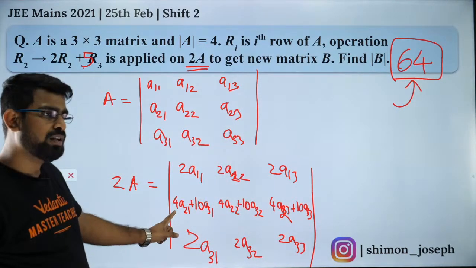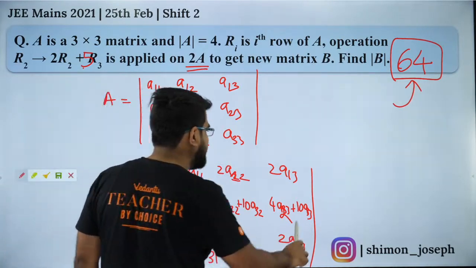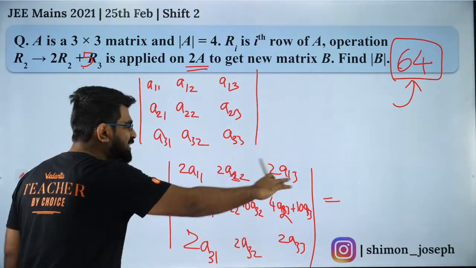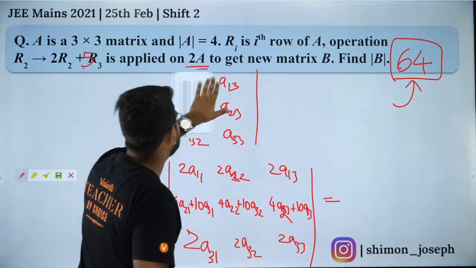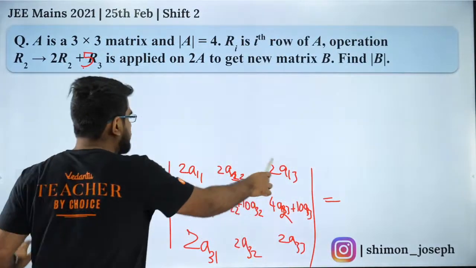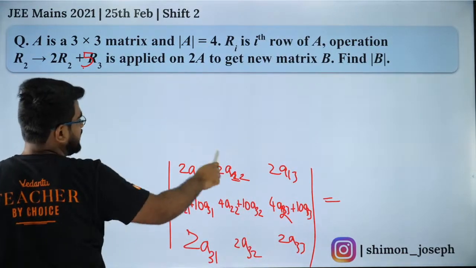Everybody clear? Answer will still be 64. Yes, you are right, my dear. You are absolutely right. Because, guys, I can split this as 2 determinants. I will split it and show it to you. Please listen. It's a fantastic question. So I can split this as